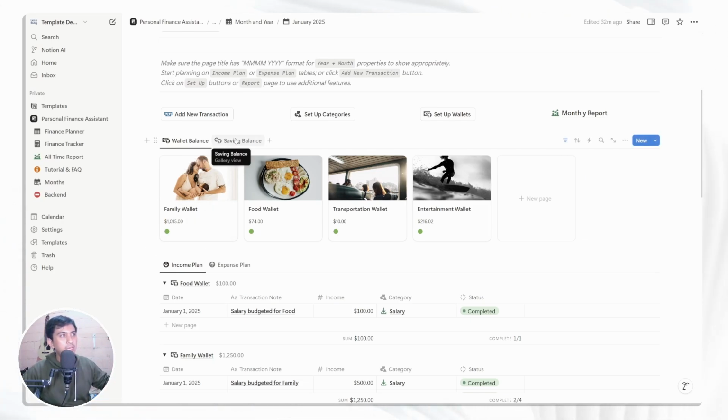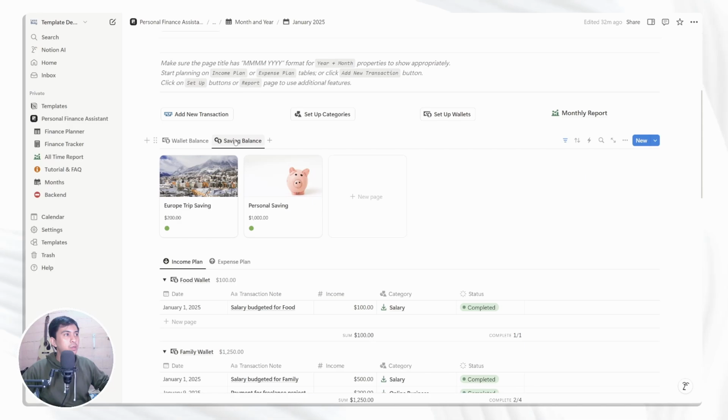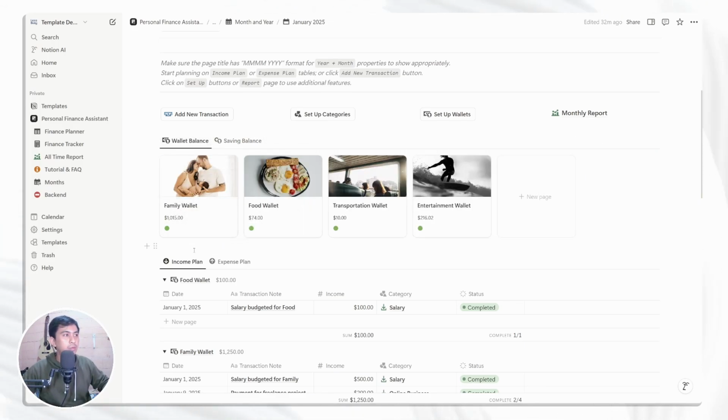And in addition to wallets, you also have savings. This is where you put money that you don't want to disturb, even less than the wallet part. Let's say you want to save on a monthly basis for buying a new car, or paying for a trip, for example, or maybe you want to marry your partner. The list goes on. So you can get creative in creating these savings and also the wallets that you want to have on a monthly basis in your life.